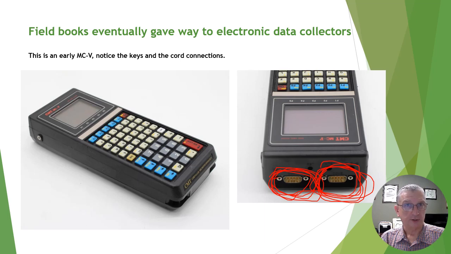They did not trust it. So we would collect the angle and distance with the data collector, and then we would manually enter it into the field book. And we would compare in the field. So eventually, after you did this long enough, if you were in the field, you knew that it was not giving you bad results.